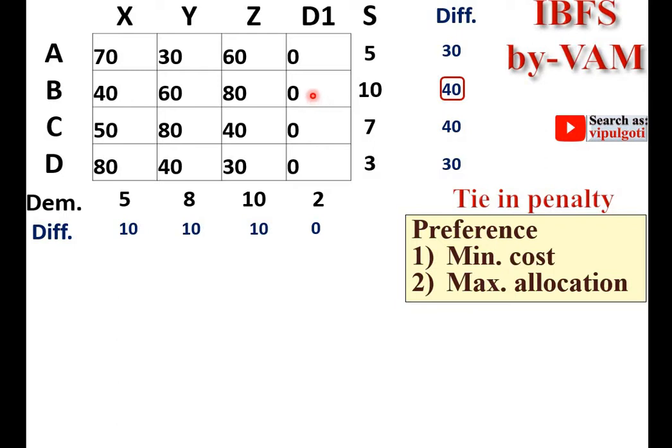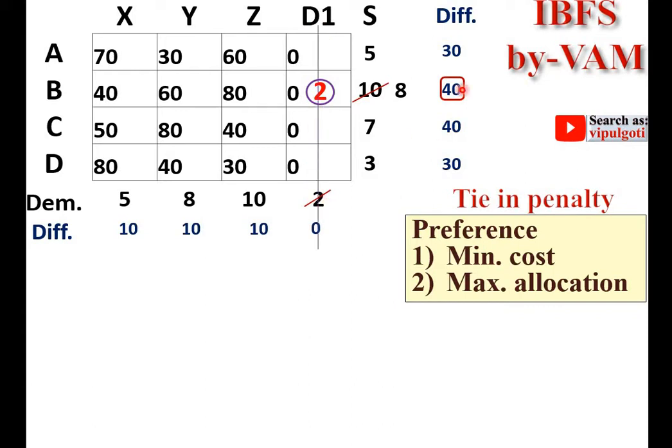For the allocation, you should select the minimum value from the corresponding supply and demand, and that is 2 over here. So I can allocate 2. Now modify the supply and demand. So the remaining supply capacity is 8 over here, and here the demand is fulfilled, so the whole column will be cancelled.